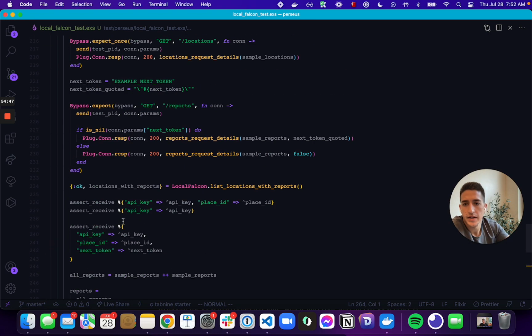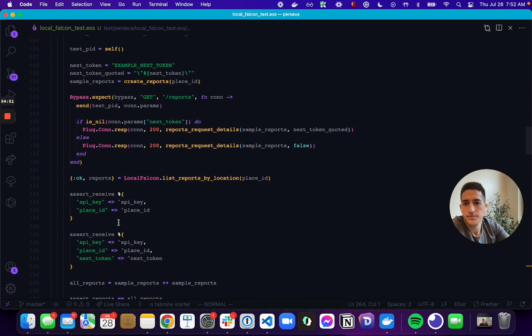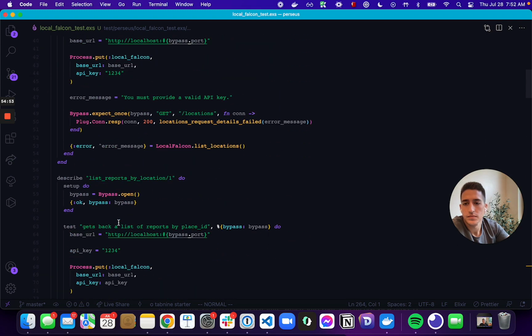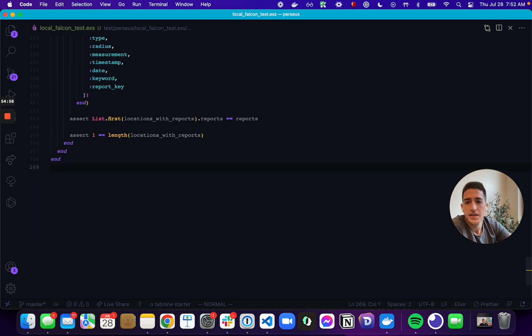Okay, all the tests are still passing, looking good. These are all cleaned up. Cool. Now it's a lot smaller of a file. All right, now we're going to do